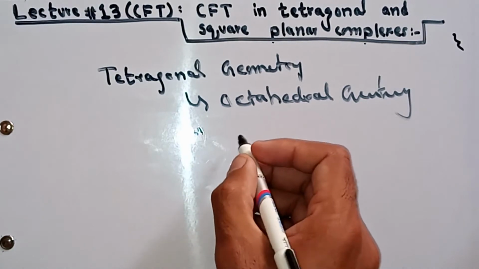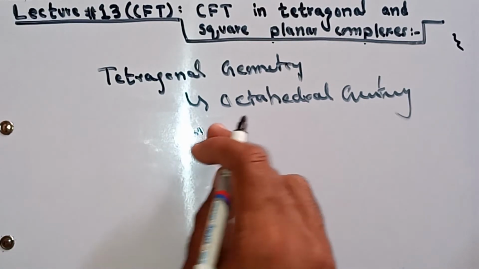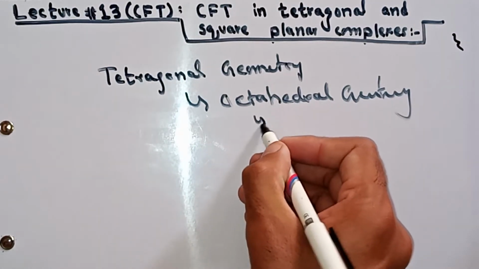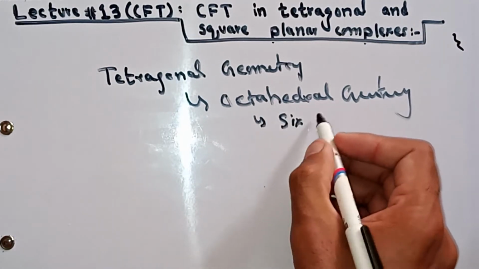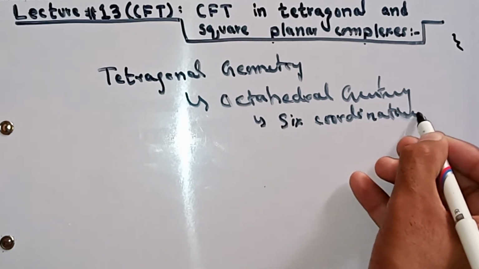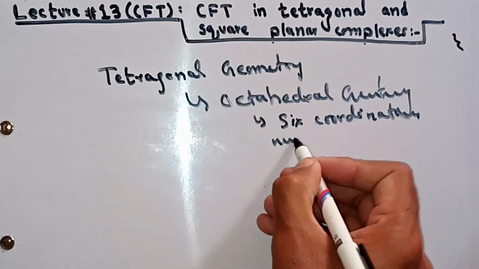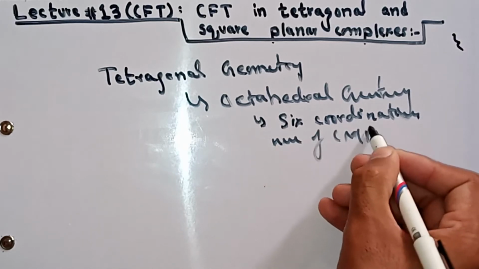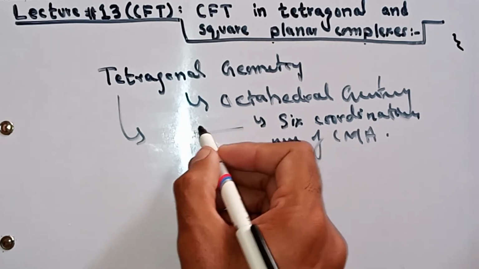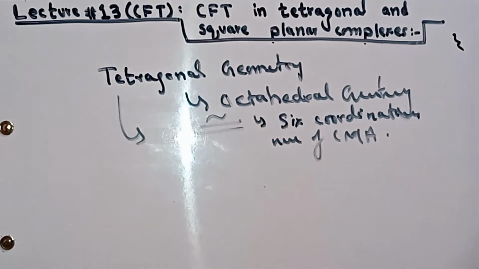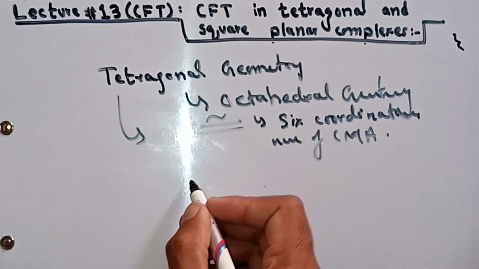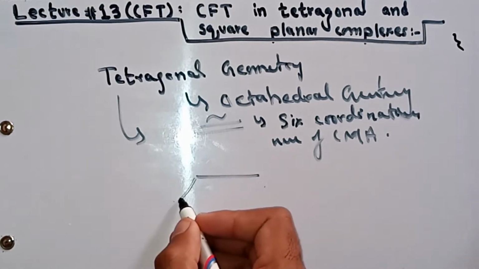in the two ligands. In octahedral complexes there are six ligands around the central metal atom, while in tetragonal there is also a coordination number of six. It is equal, there is also six coordination number, but the only change is that